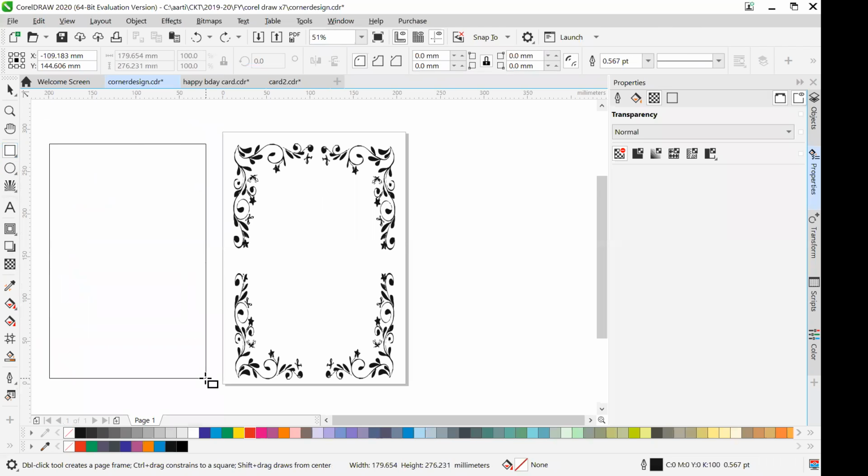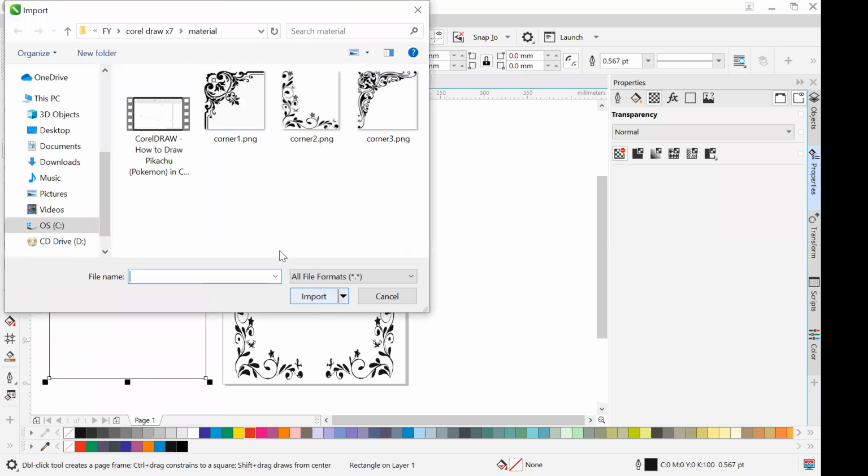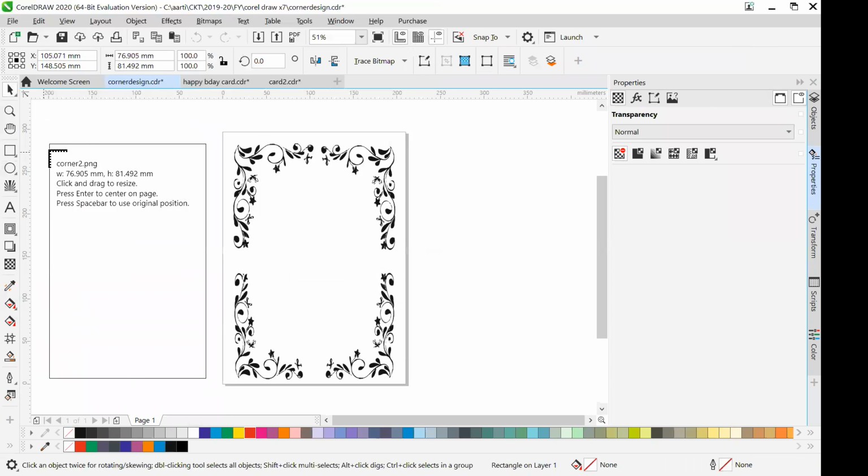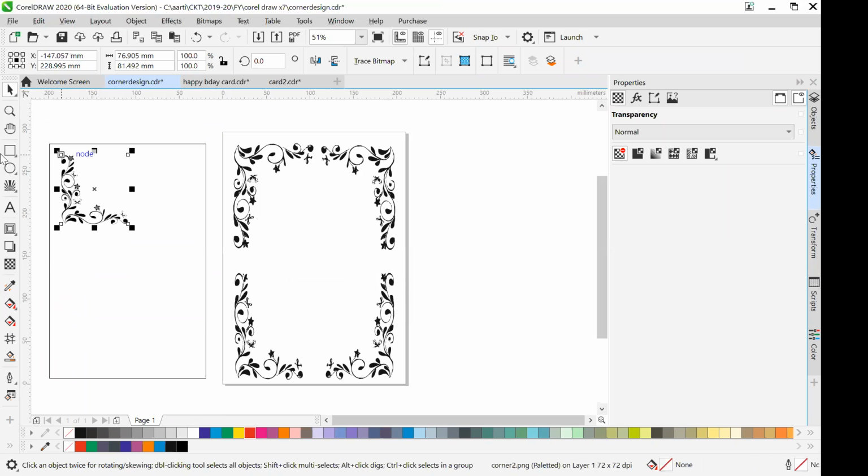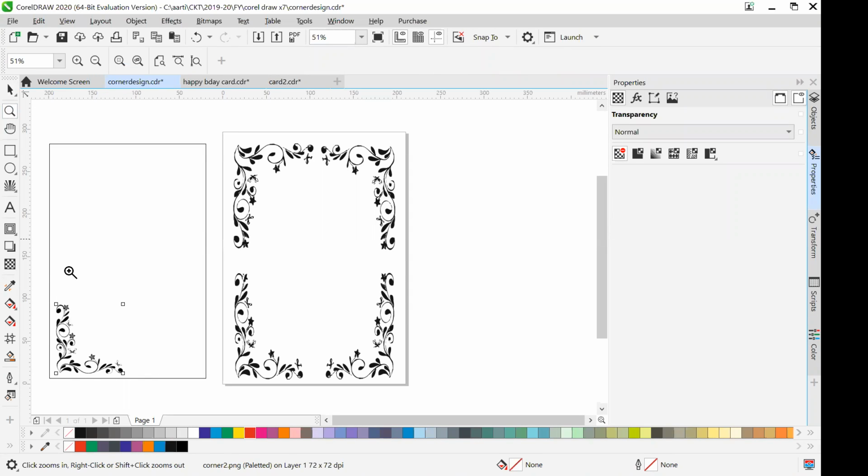and take this rectangle and click on import. You have saved that corner images, so I'm going to choose this image, the same image I'm recreating. Otherwise you can choose these images as per your choice. You can choose it, and simply when you're going to import it, click it and leave it. So it's going to take it as it is, adjust it, but I'm going to zoom it so that you will be able to see exactly what is a vector image.